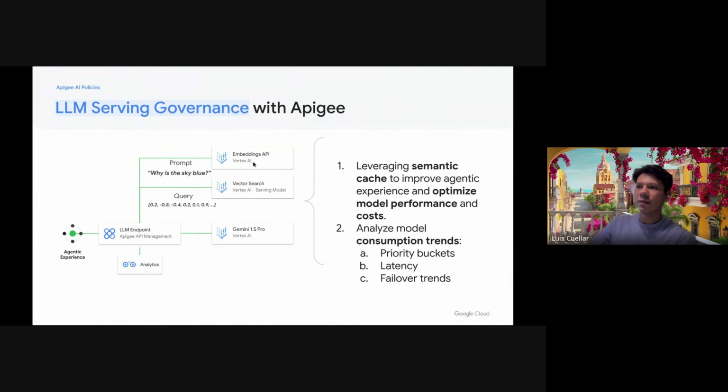After making those embeddings, we save them into the cache. And after saving them into the cache, we do a vector search in order to understand if one of the prompts is similar to other prompts. We do this the first time. The second time, we compare the new prompt with the previous prompts that we have in the cache. Okay, so this is what happens if you don't have